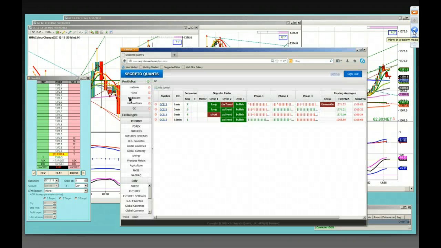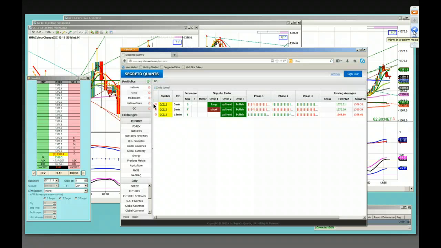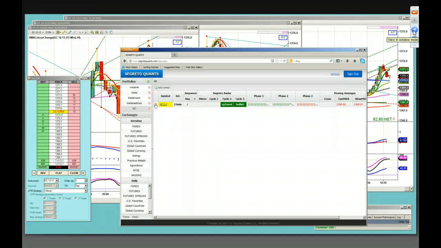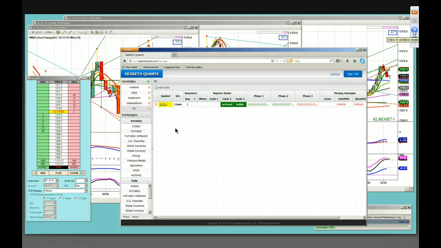If you've created your portfolio, remember you can create your own portfolio by clicking the plus signs, right? Give it a label and you can put whatever markets in here. So when it's time to roll over, you can do one of two things. You can either go to the main list. I'm just going to hit the red X's to remove this, and if you're not sure what month we are, remember the